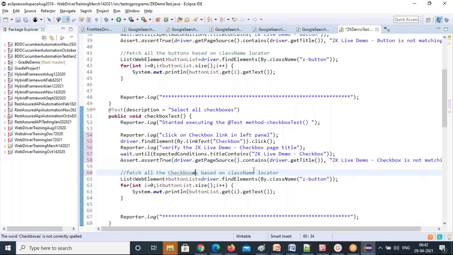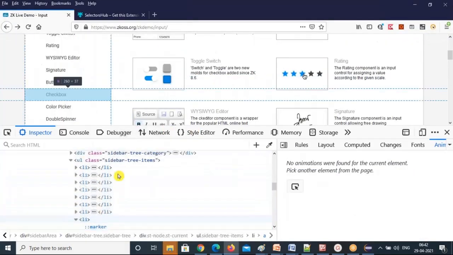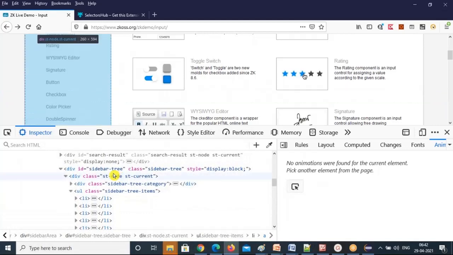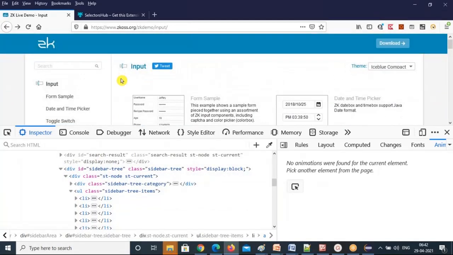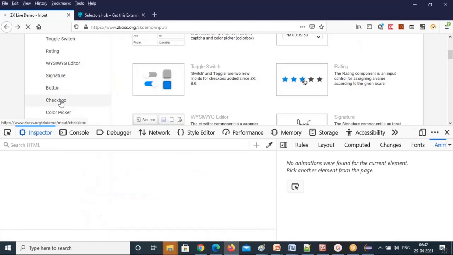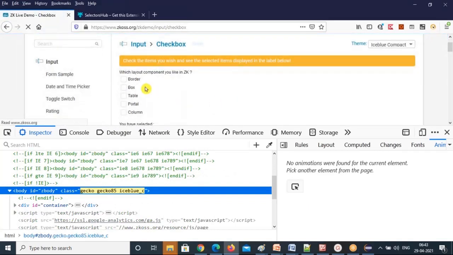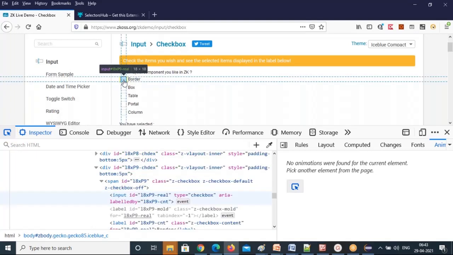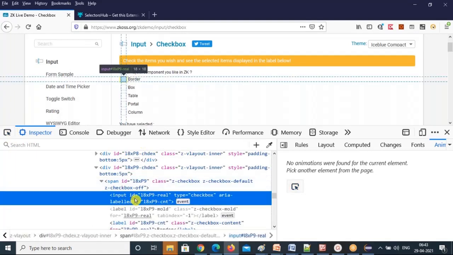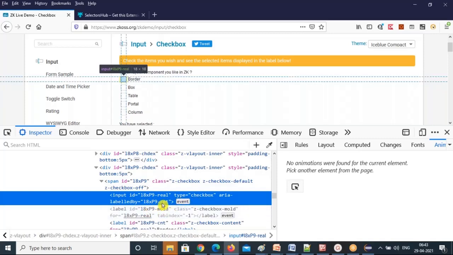based on the locator. Let's analyze what locator is there. Let's go to that checkbox page first. Click on this, it will go to the next checkbox right here. You need to analyze which common locator each checkbox has. See, the input tag's ID and name dynamically change here.